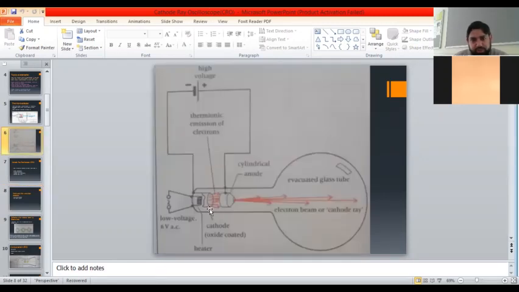High positive potential means if we have the anode here with positive potential, it will make the electrons accelerate to the right side. If this is not a high positive potential, these electrons will not have enough kinetic energy to move to the right side and then reach the front part of the screen. तो अगर आपको electrons को इतना accelerate करना है that those electrons move to the right side and reach the front part of the screen, then you need a high positive potential here for the anode. ठीक है, is that clear till now? कोई question हो तो पूछो बेटा.